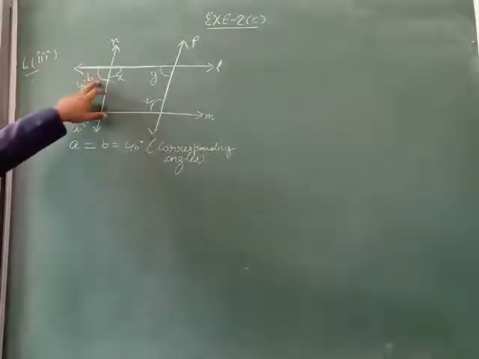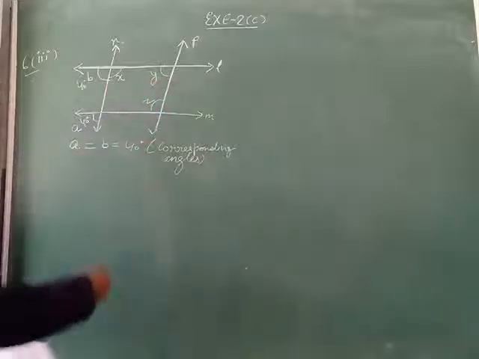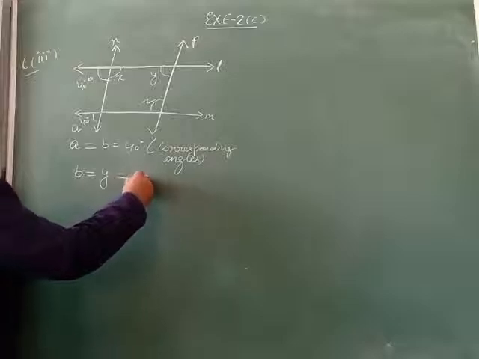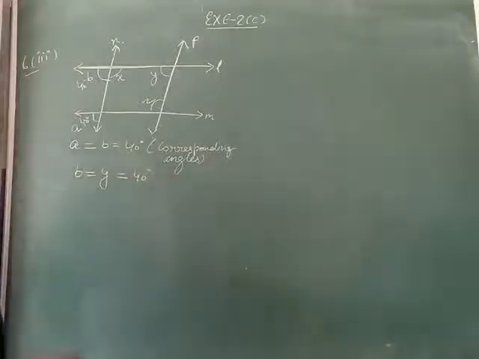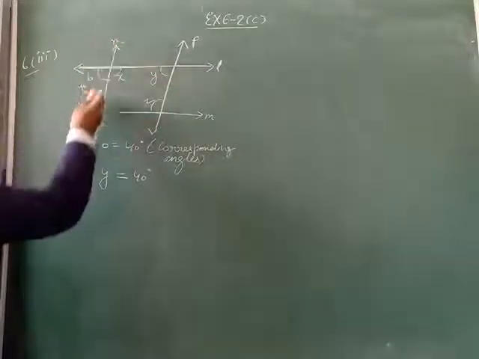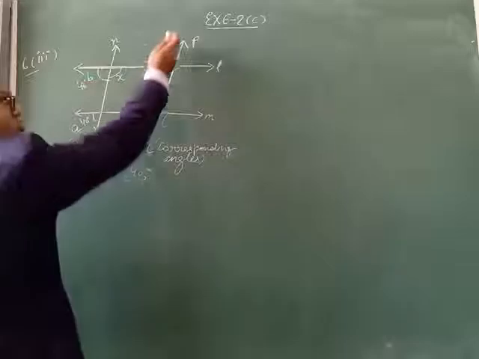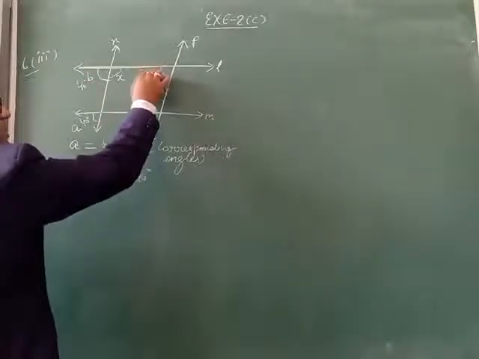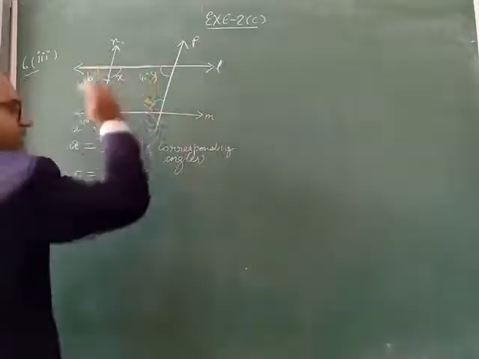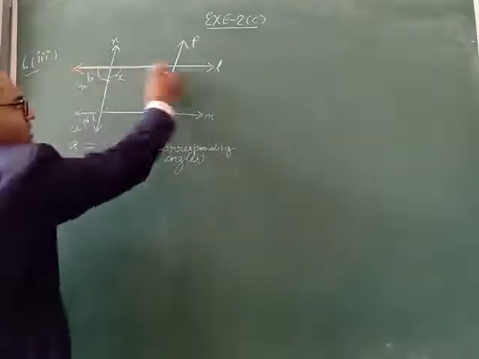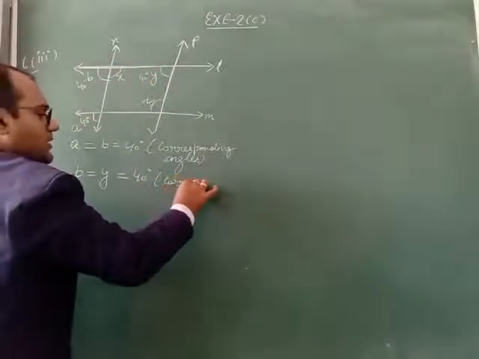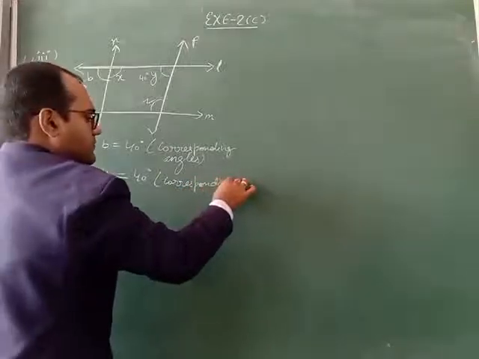Now this B and this Y will both be equal to each other. B and Y both will be 40 degree. Why will we say these two are 40? Because these two are parallel lines. So on the left of one parallel line it is 40, and on the left of the other parallel line also we take 40. Why? Because both are on the same side: the left side of the parallel lines, and the same side of the transversal, below. So such an angle we call a corresponding angle.